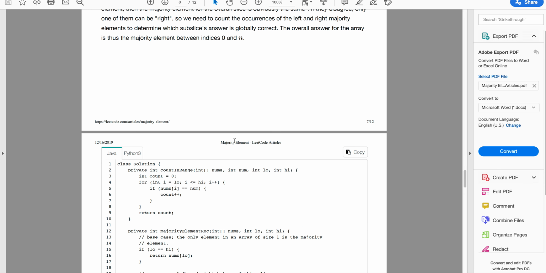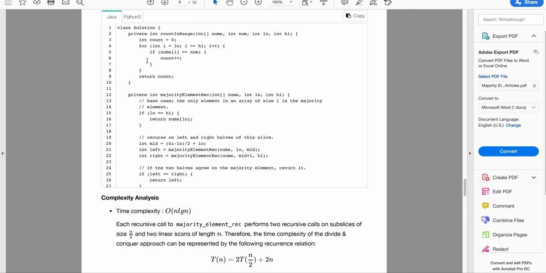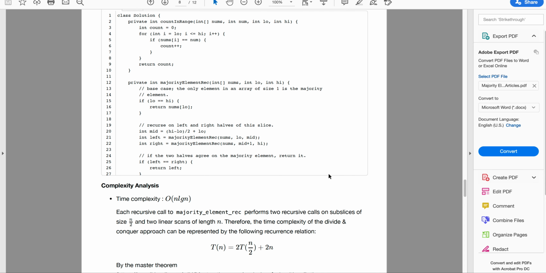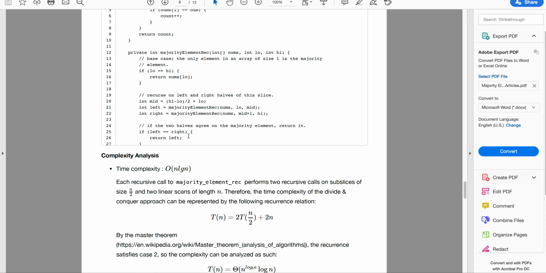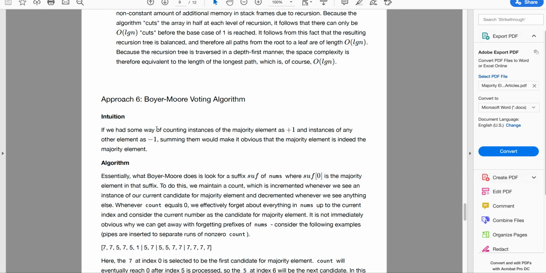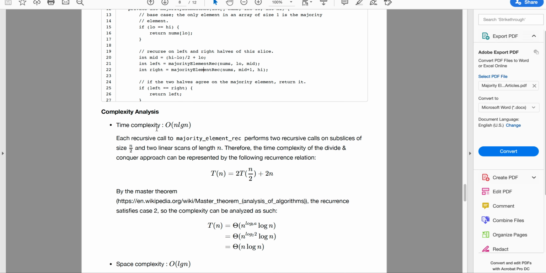Divide and conquer, this is actually pretty interesting. This is almost like implementing a kind of merge sort. This is more like a post-order traversal type of thing. You keep recursing left and right. Once the left and right are done, I don't think the code is attached correctly,